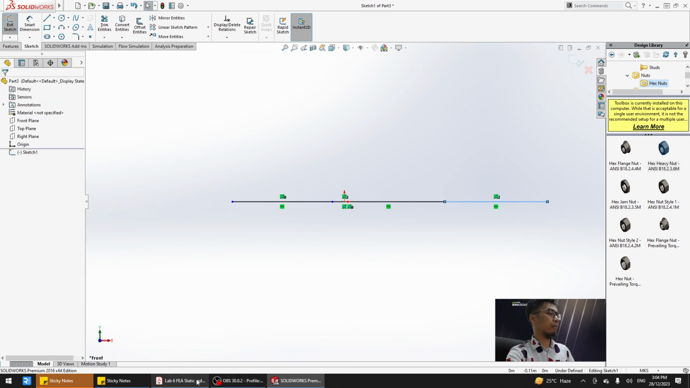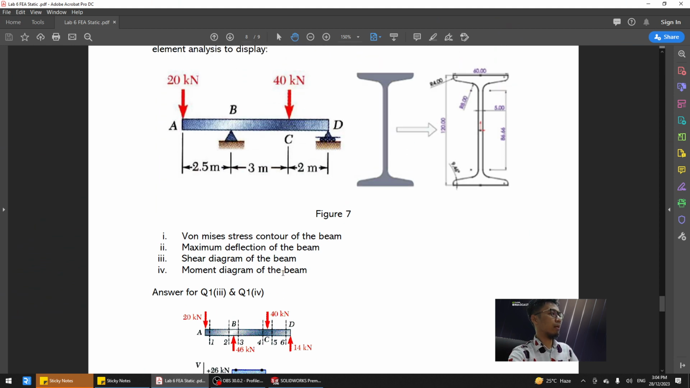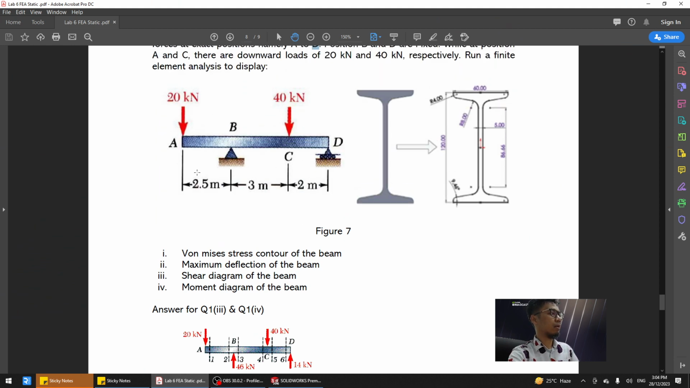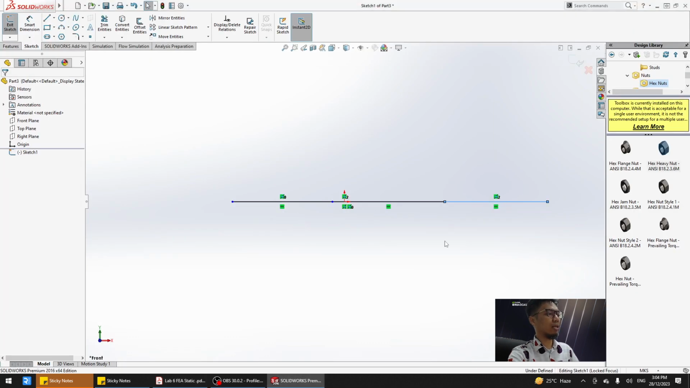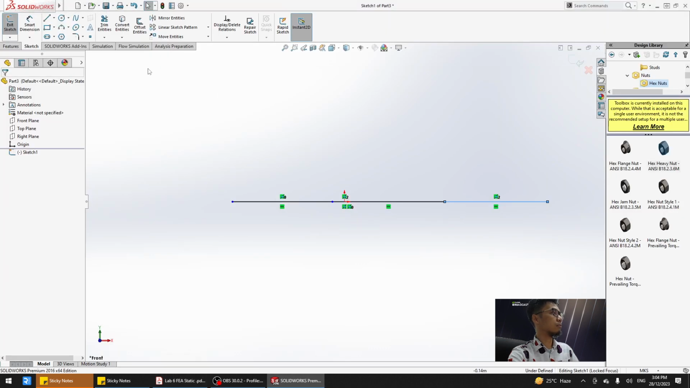Kenapa saya ada 3 line? Saya balik semula dekat lab modul. Saya ada panjang A to B, satu line. B to C, satu line. C to D, satu line. So, saya ada 3 line in total. So, panjang dia 2 meter, 3 meter, 2.5. Panjangnya 2 meter,